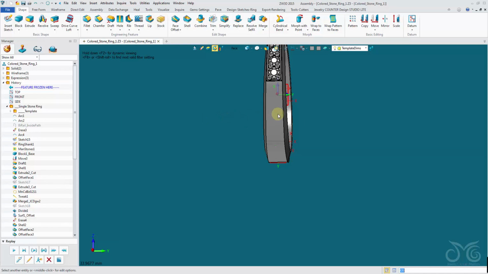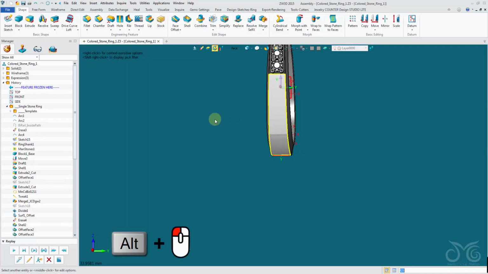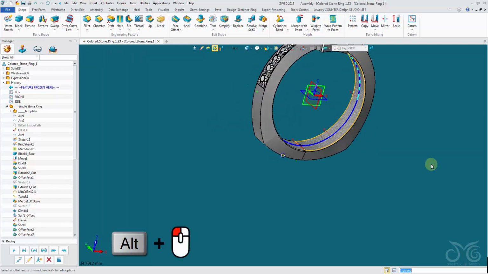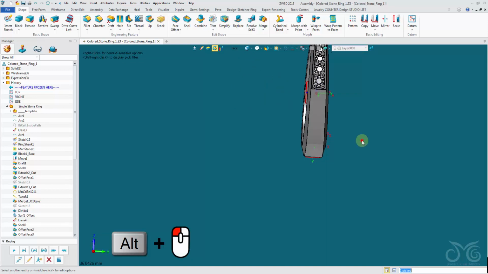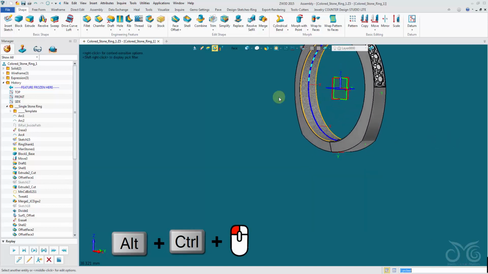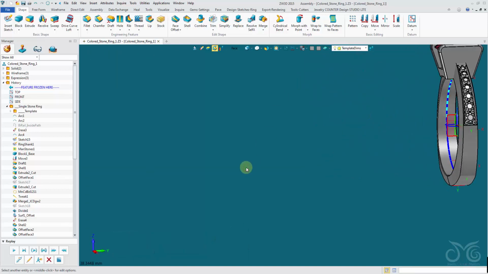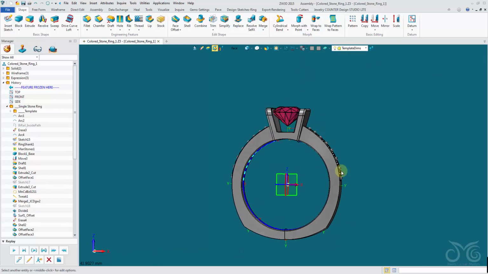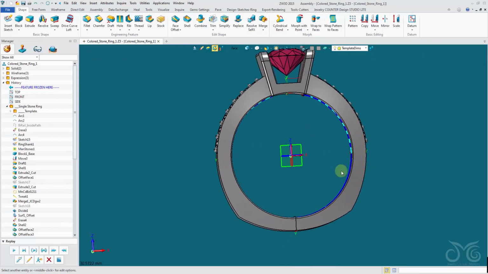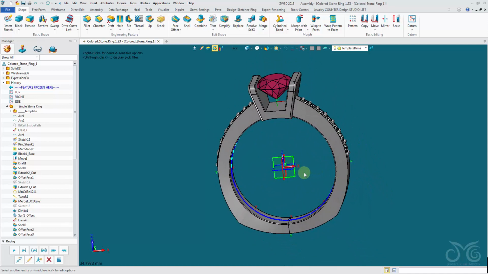Holding down the Alt key, left click will pick our inside face. Finally, holding down the Alt and Control key, left click picks the third face. So there are a few shortcuts that involve the keyboard and the mouse that can help speed up our